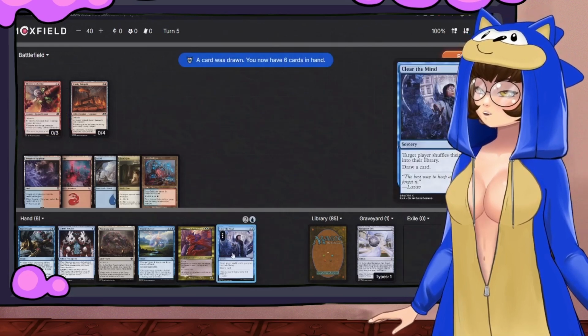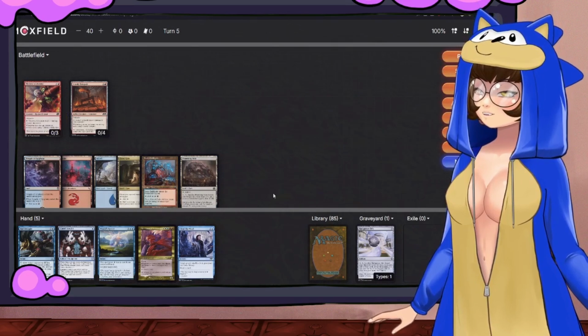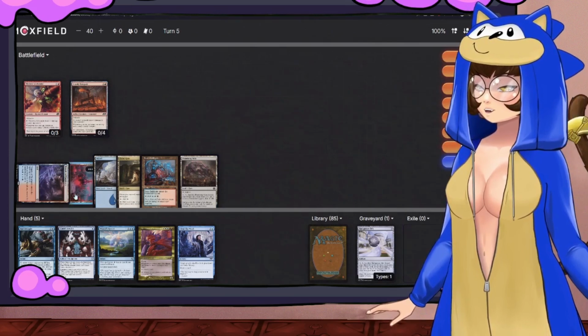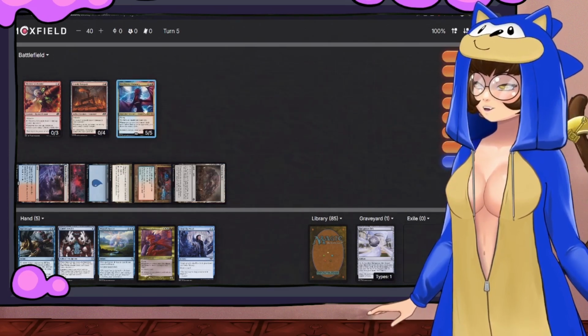Moving into turn 5, we have Clear the Mind. We don't need that quite yet. Let's play Promising Vein, and looking at everything, we could play our commander right now. And honestly, if our opponents are tapped out, then it's what we should do. Let's go ahead and drop our commander down. And boom, Niv Mizzet is